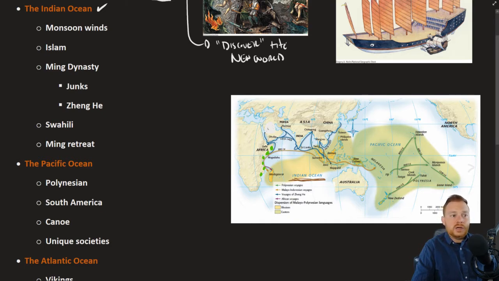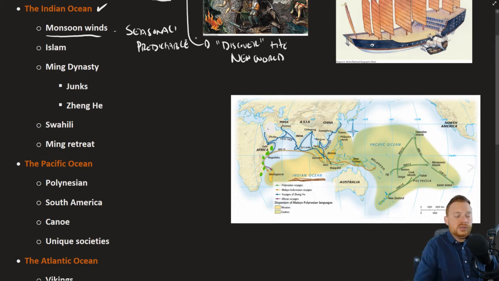It was one of the few areas in which people prior to 1450 could do what they called deep water sailing or blue water sailing. That is to sail beyond just simply where you could see the land. Navigation technology before 1450 wasn't all that great. You more or less had to rely on things like astrological signs in order to know where one was going in something like a vast ocean. But one of the reasons why the Indian Ocean was so well traveled was because of the monsoon winds. And these were seasonal and predictable.